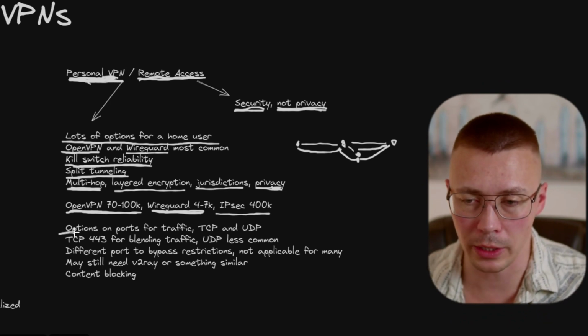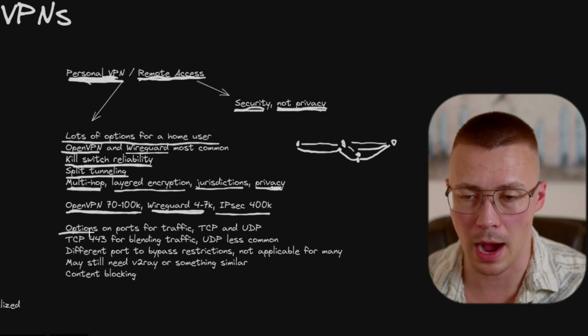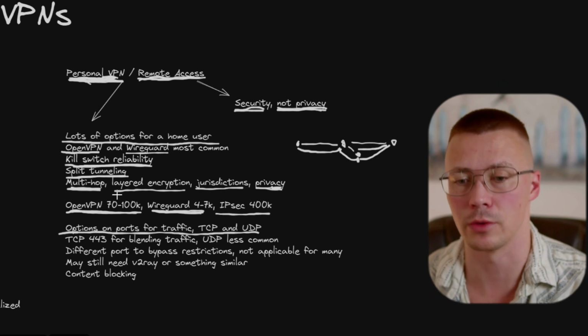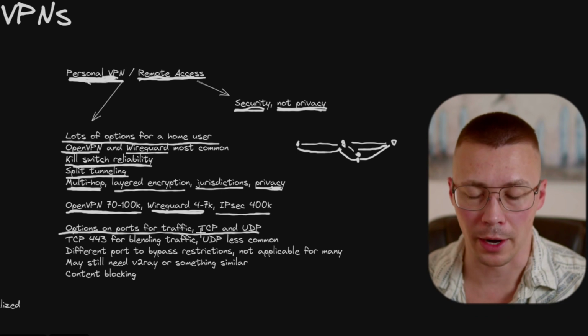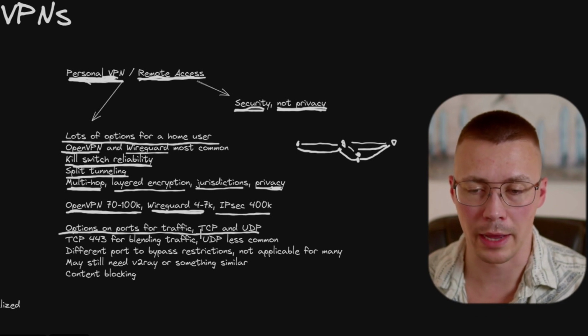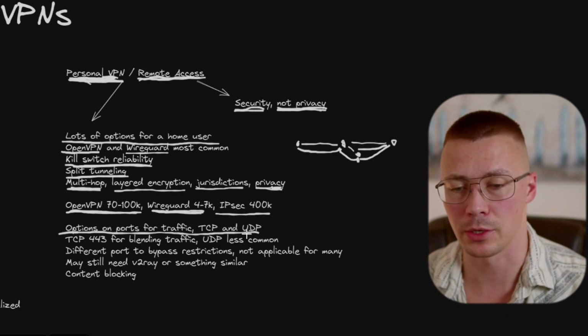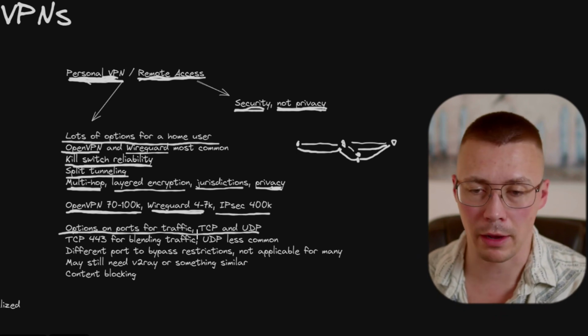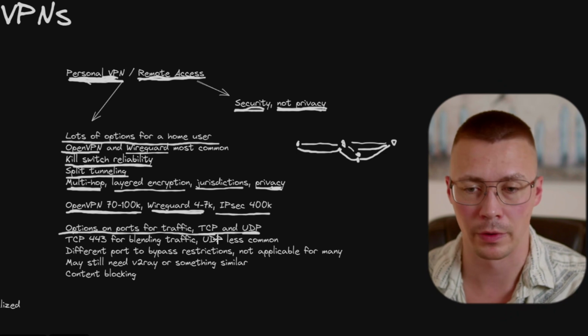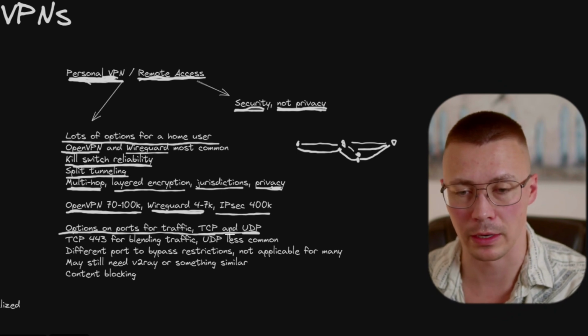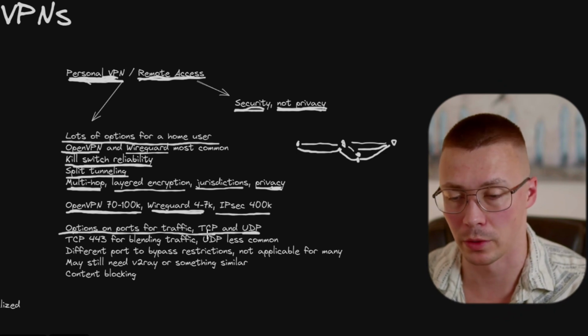Typically, you should get a lot of providers that give you the option to select the different ports that you want to use, and then whether you want to use TCP or UDP. Now, TCP has error correction, so it's better for reliability, but it is also a little bit slower, whereas UDP does not have that, so it's a touch faster. I'm gonna tell you, I've done quite a bit of testing with these two, and granted, my internet is somewhat faster than most people have, but I have not noticed a significant difference between these two,